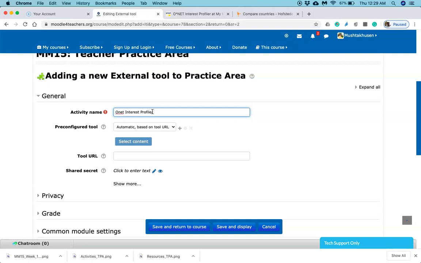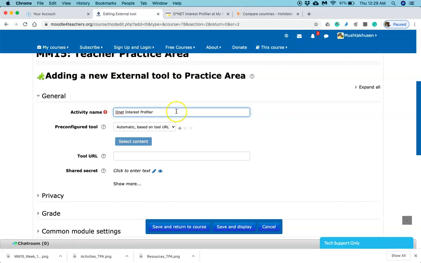profiler. This is one tool which identifies the interests of the students, and their interests are categorized into 6 different categories. Based on the rating, they can select their top 3 interests and accordingly think of making their career in future.